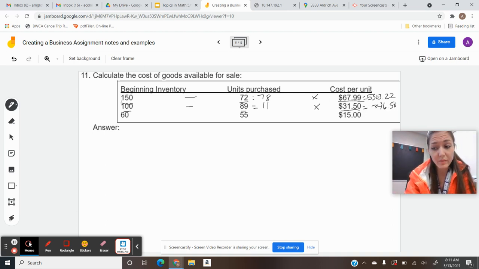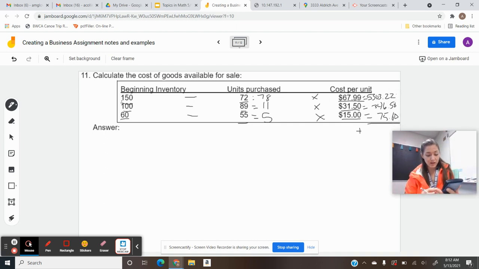All right, one more item in our store that we need to calculate inventory for. So this is how much we started with, subtract how much we sold. To get the amount we have left, we only have 5 of this item left in our store. We're going to multiply that by the price per unit. And when we do, we should get $75. All right. So the last step for these problems for section 4 is just to add these 3 things together. And when we do that, we get